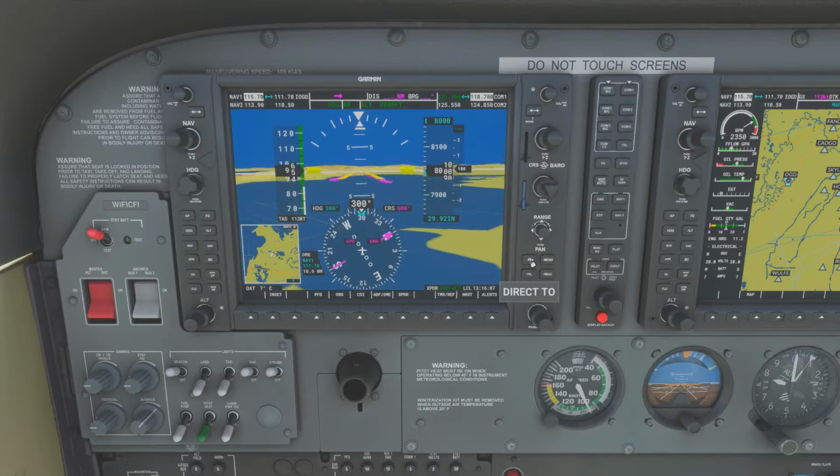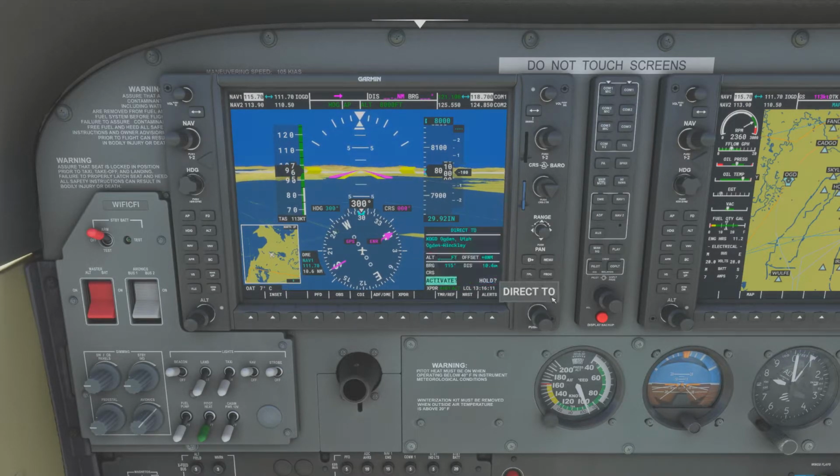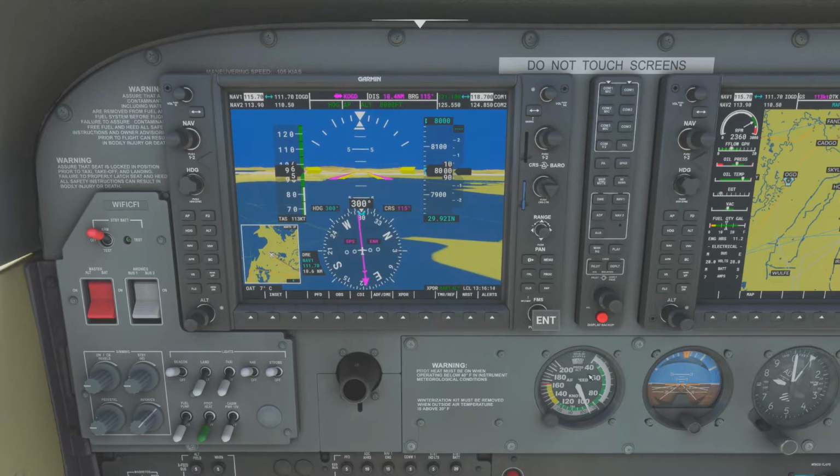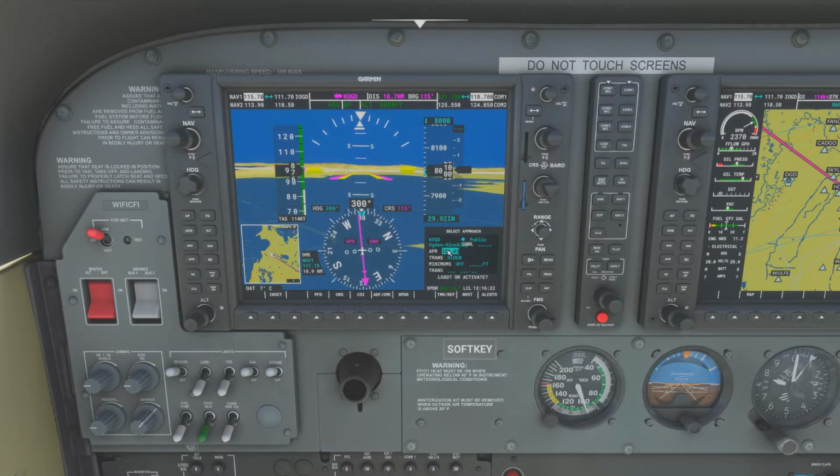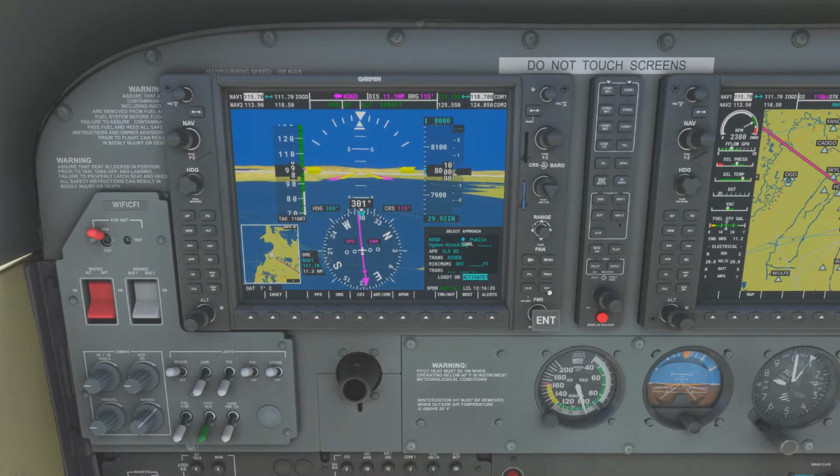So I'm going to show you how to get this built on the G1000. Remember, this depends on which airplane you're flying. It'll be completely different. But what I'm going to do is get nearest. Ogden does have to be our destination, so I'm just going to go ahead and do that first. And then I can click this procedures button. I'm going to scroll down to select approach. We got the ILS 3, and we're going to be starting from Riding. So I'm going to get ILS 3, ILS 3. We're going to start from Riding, enter, and then I am just going to go ahead and activate it right now since we are ready to head over there. So go ahead and click activate,